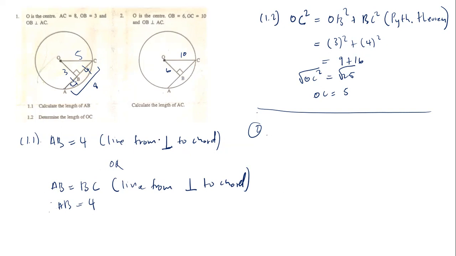Oh, sorry, you're supposed to include center here. I don't know why I like to forget the center over here. Okay, don't make that mistake. You have to include center here. Line from center, perpendicular to chord. So now, they say to us, calculate the length of AC. AC is from here to there, okay? So in order for us to calculate the length of AC, we need to know the length of BC first. But how? We're going to use Pythagoras theorem to determine BC